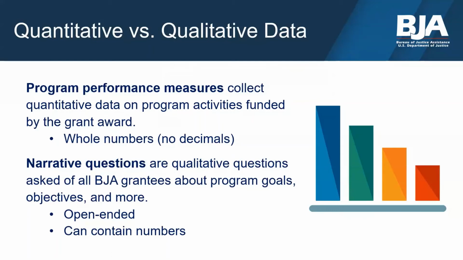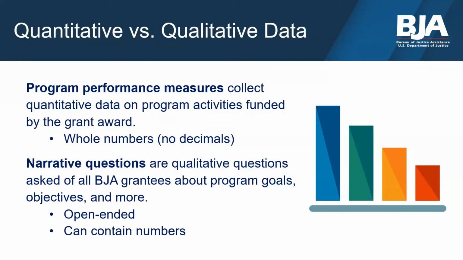The narrative questions that are answered during the April to June and October to December reporting periods fall into this category. An example of this type of question could be, what type of equipment was purchased with BJA funding during this reporting period? Or, what challenges did you face in completing your program's goals during this reporting period? Remember, these questions are meant to capture the full experience you have with conducting activities with BJA funds. So the more information you can provide, the better.